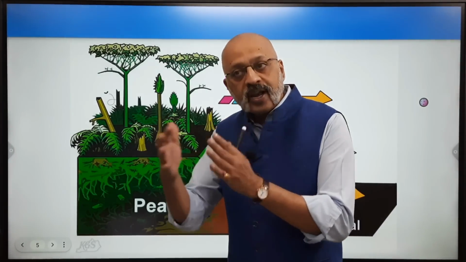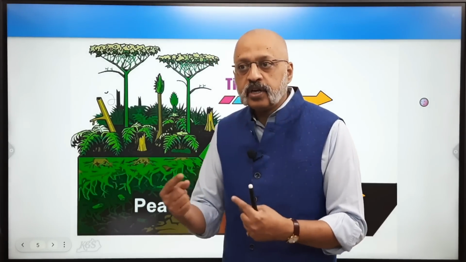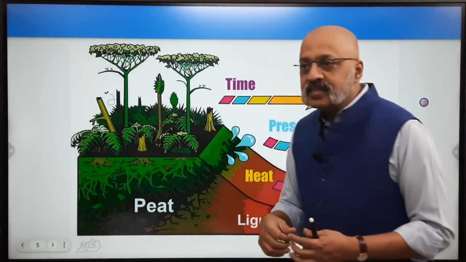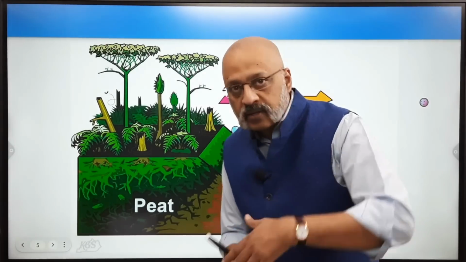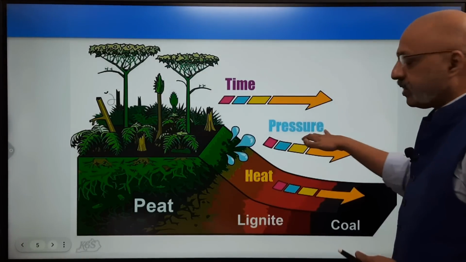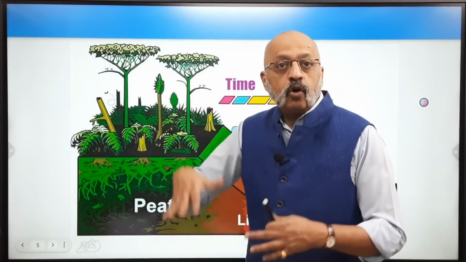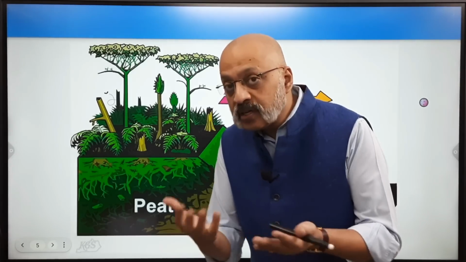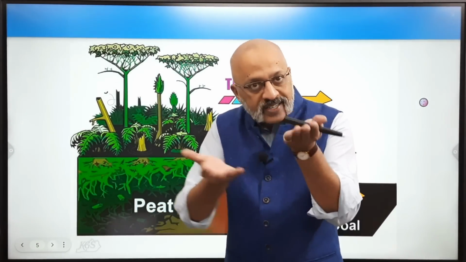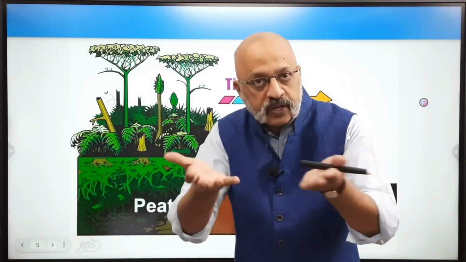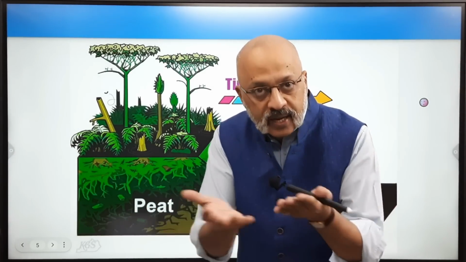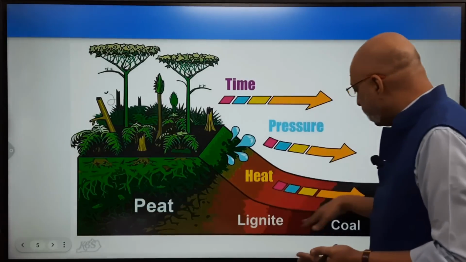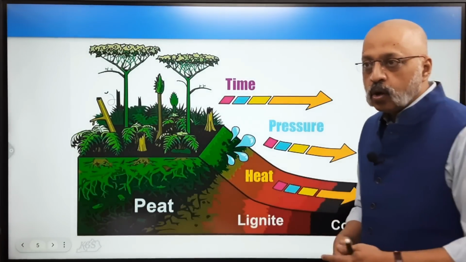The vegetative organic matter changes into coal by heat and pressure as a result of deep burial inside the ground, and also the pressure of the weight of everything on the earth's surface above, and also the result of earth movements, because the earth plates, the seismological movements, also result in the formation of coal, different forms of coal, peat, lignite, and eventually different forms of coal also.